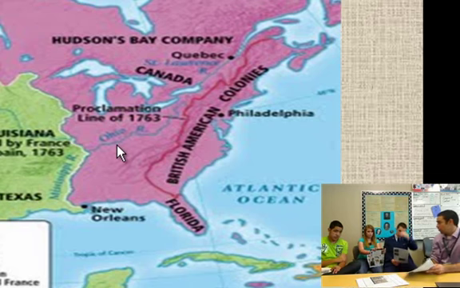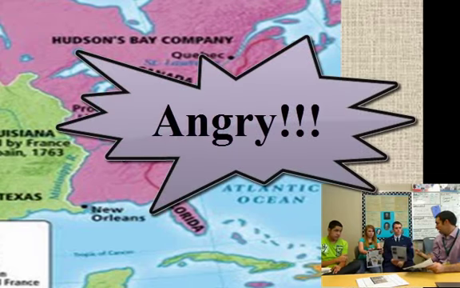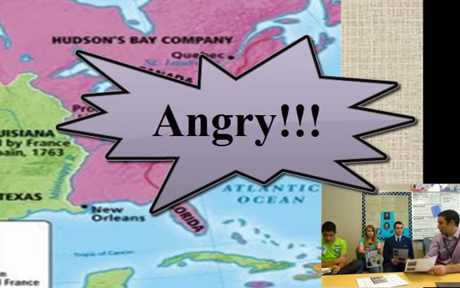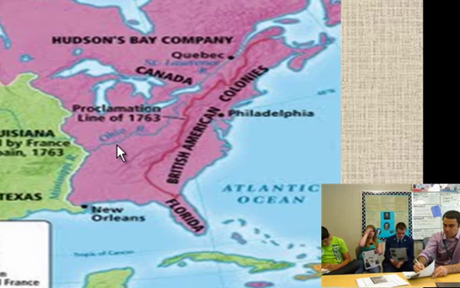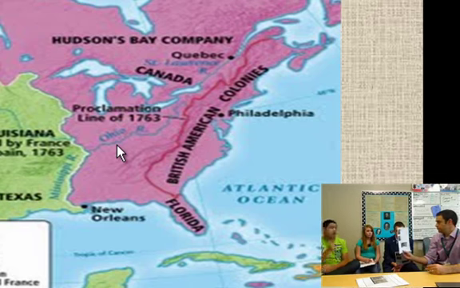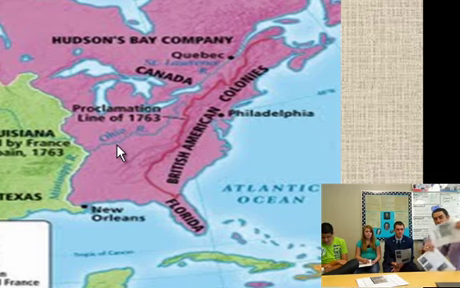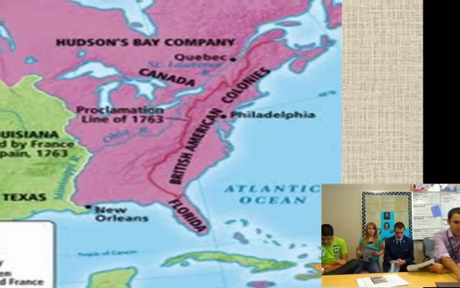And that makes the colonists also a little bit mad, irritated, angry. So we can draw another irritated face where they're not happy. What do you mean I can't move west of the Appalachians? That makes me mad. All right. Any questions? Making sense so far? Okay. Next page, if you turn it over to the back side, this takes us to